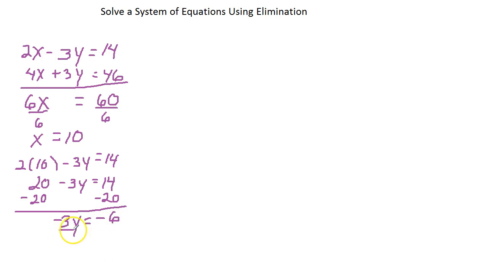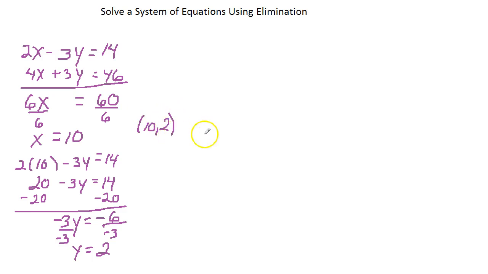And divide by negative 3, and we get y equals 2, because negative divided by negative makes positive. So, writing our solution as coordinates of a point, we have 10,